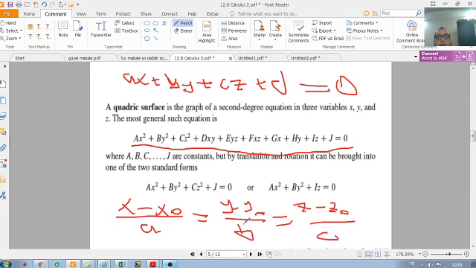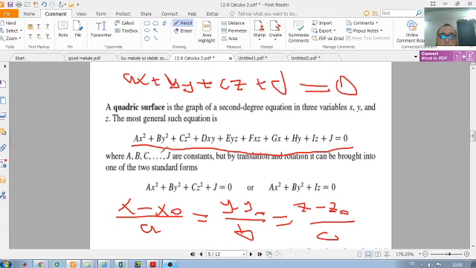This is completely different from the general form of a quadric surface, and you can see the difference between them. We don't have any second degree of the variables x, y, and z, but when we have a second degree equation for the variables x, y, and z,